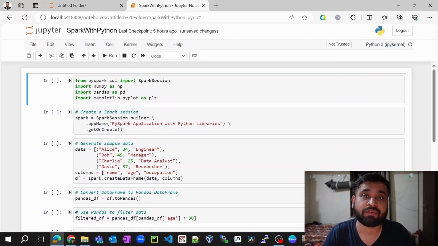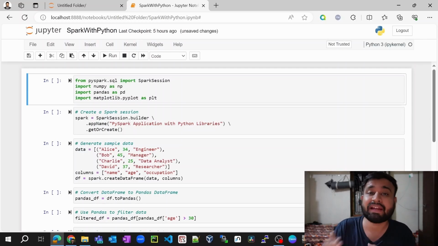So in this lecture, we are going to get our hands dirty and learn how to build your Spark application using Python. Here we are going to deal with PySpark, which is nothing but the high-level API on top of Apache Spark that gives you the capability to work with the Python language. We have seen all the fundamental details of how you can use Python to build your Spark application.